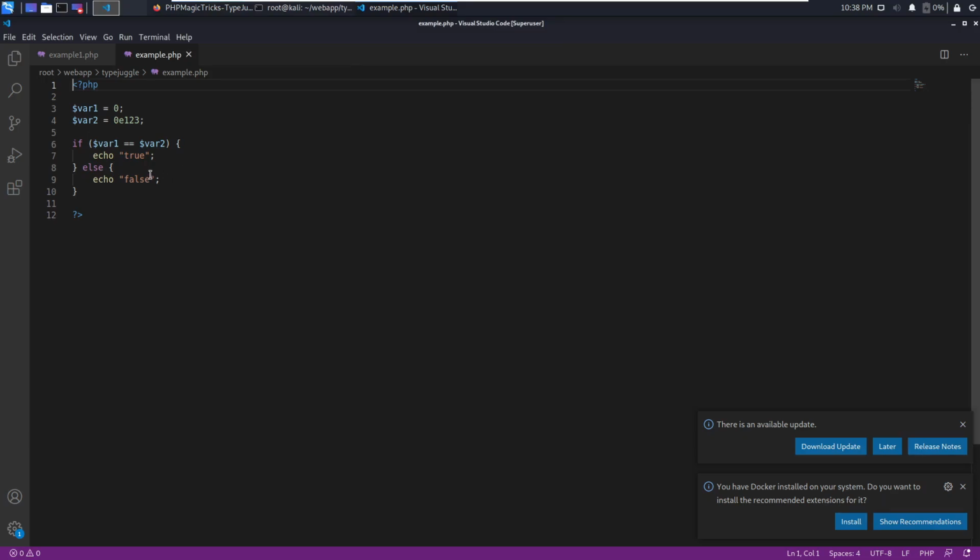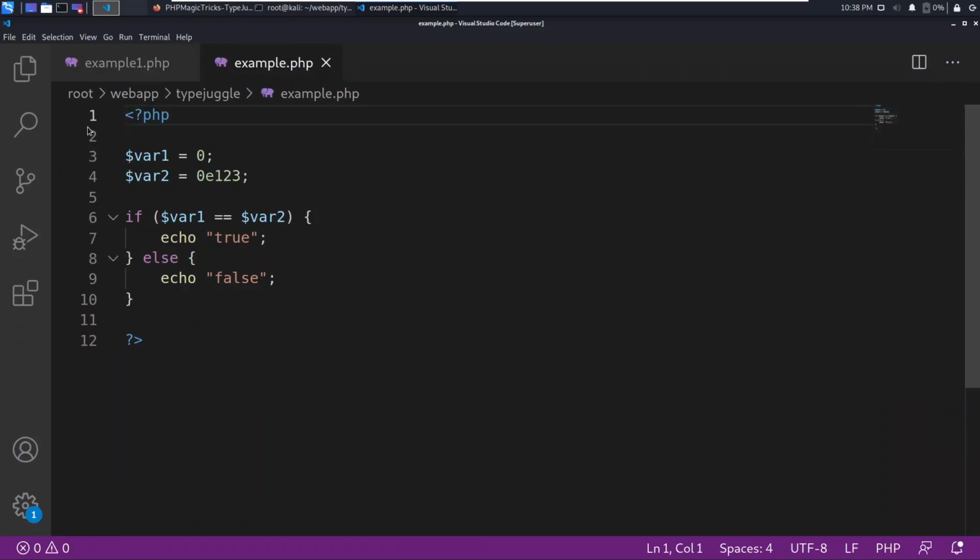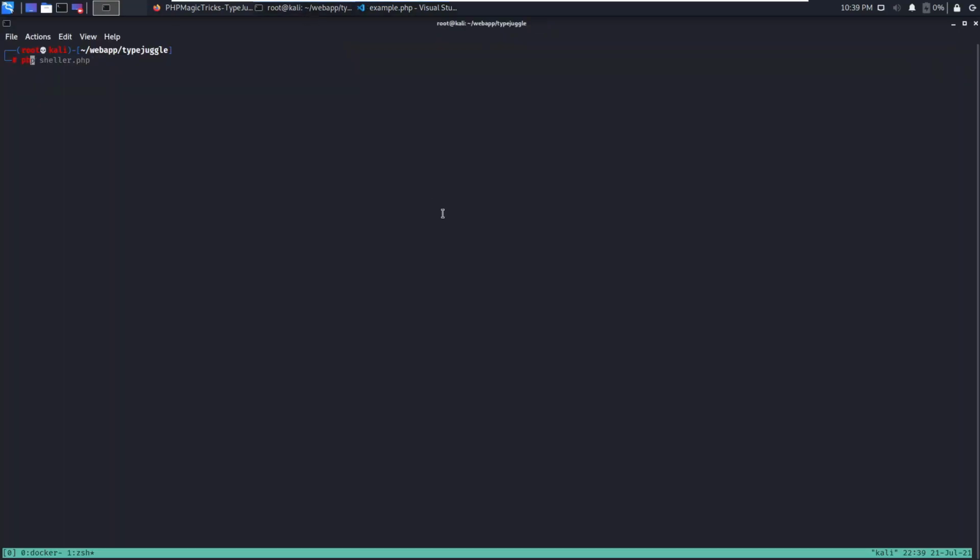So I just made a quick example. This is a very simple PHP script. We have var1 equals 0 and var2 equals 0e123. I'm comparing them, and if they are equal, we echo true, and if they don't, we echo false. So if I run it,